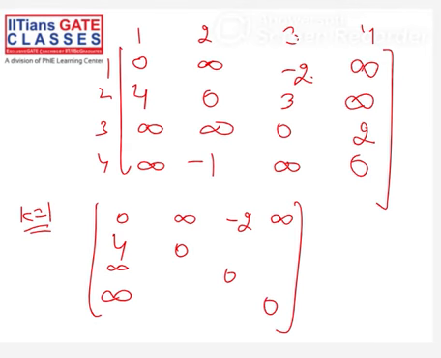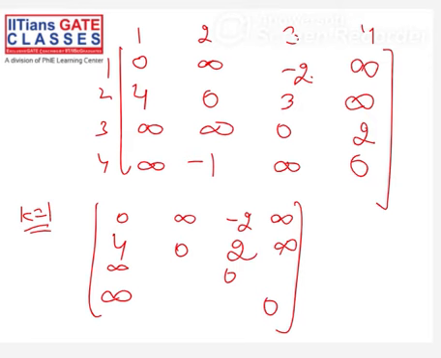So 2 to 3. So 2 to 3 is 2 to 1, 1 to 3. 2 to 1 is 4, and 1 to 3, the negative value, so 4 minus 2, this is modified to 2. So now 2 to 4 I want to consider. So 2 to 1 and 1 to 4. 2 to 1 is 4, 1 to 4 is infinity, so this is still infinity.